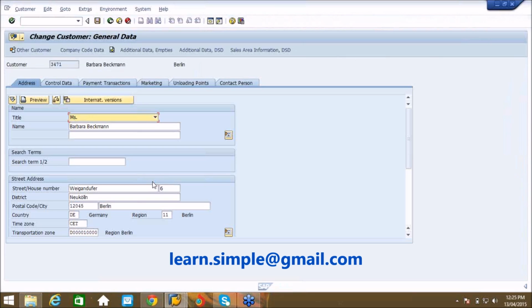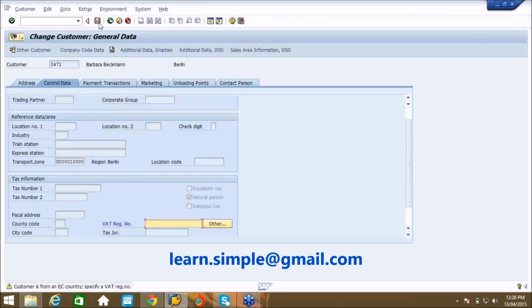Assume we have a requirement that whenever this customer data changes, that means any data, for example, the address of this customer changes, say the house number is changed because he shifted house, then when he saves, generally SAP will try to store this data.